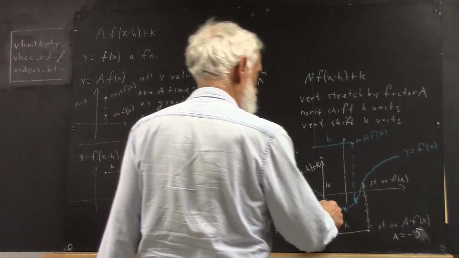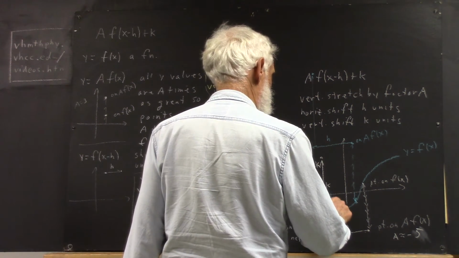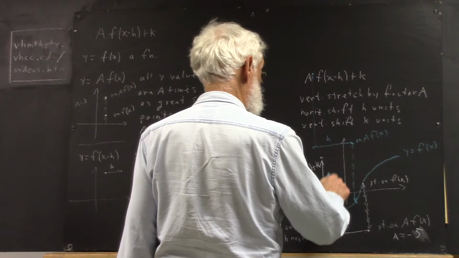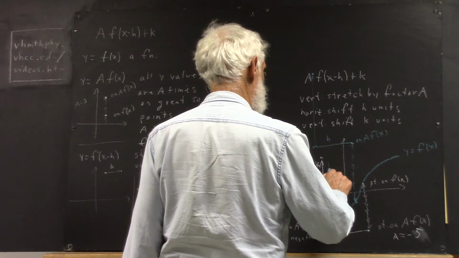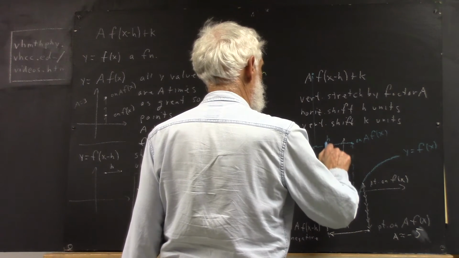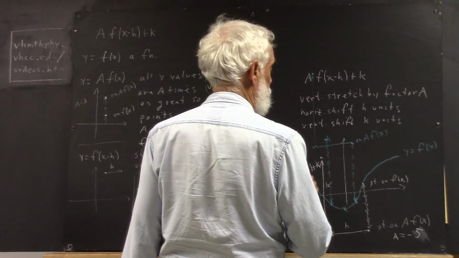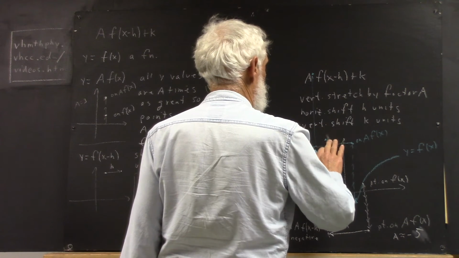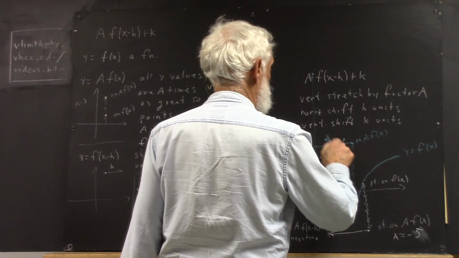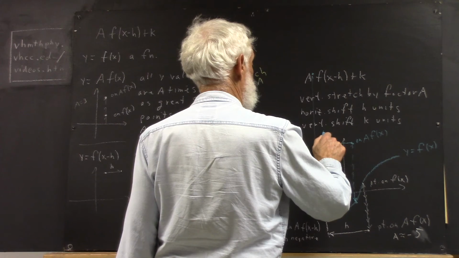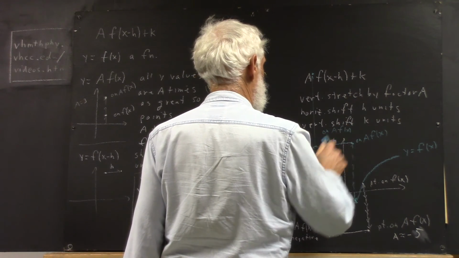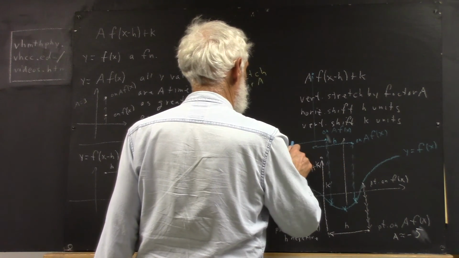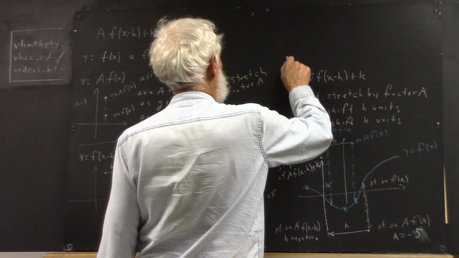Now, if I do the same thing for this point, it's down just about as far as this one was, so maybe a little further, so maybe 5 of these bring us up to here. Now my labeling of h is inconvenient, I'll put that over here. So this is on the graph of A f of x. Then we move over h units and up k units, and